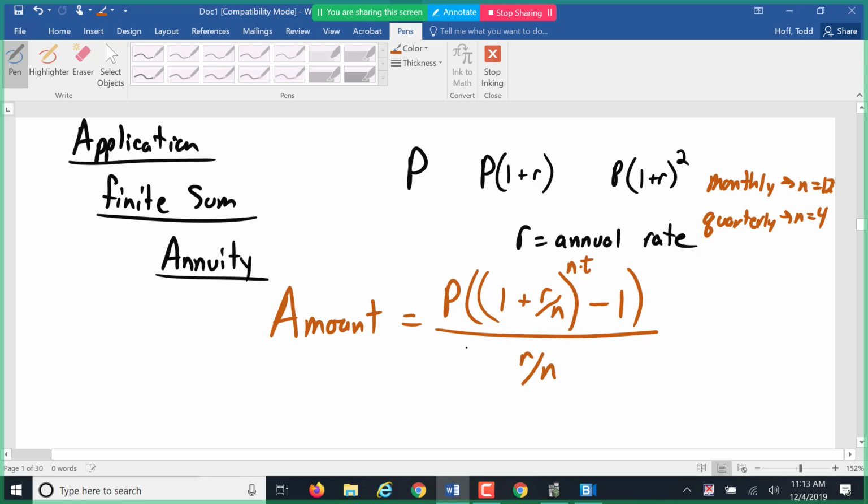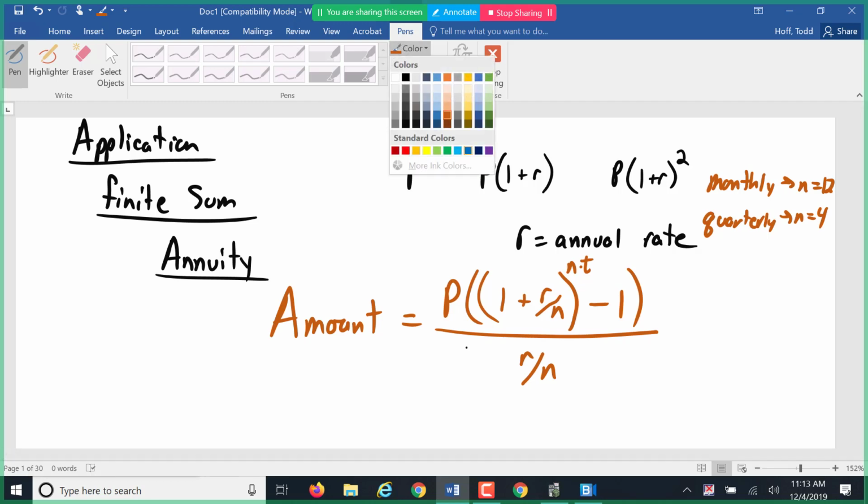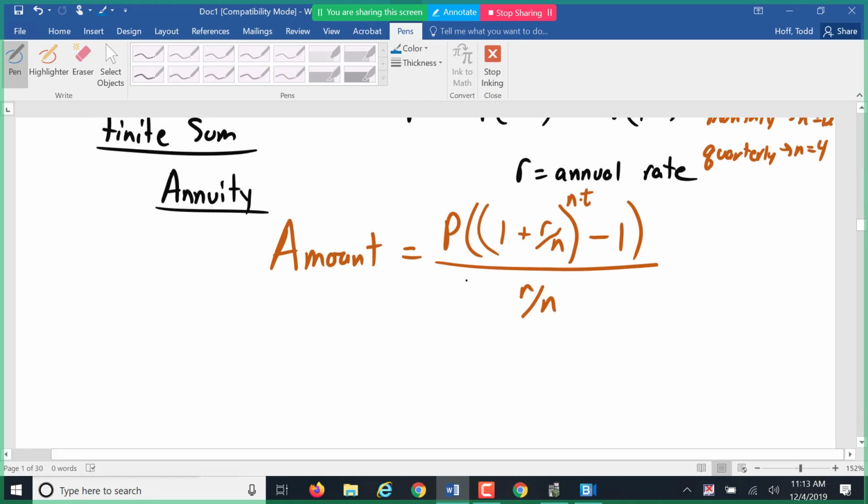Now this is derived from that formula, but we've kind of altered the formula based on R and N, so the minus 1 is moved up top. If we had more time, I'd go through the algebra to show how we got from one to the other. At this point, we're just going to leave that formula out there. And I'm going to show you an example of,